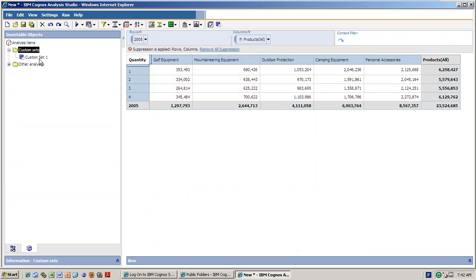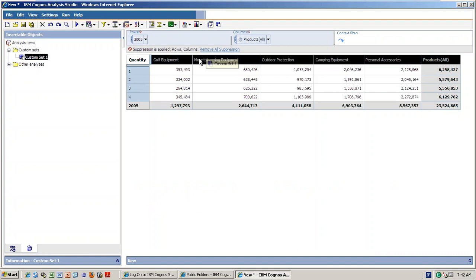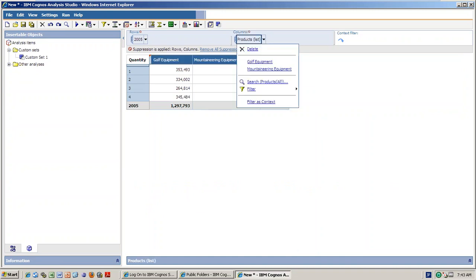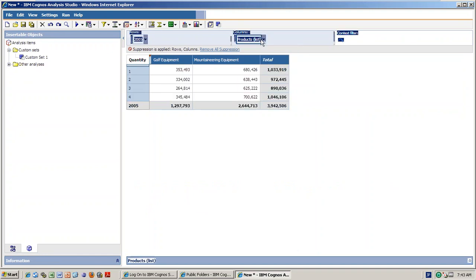See now, this is the custom set. For example, if I drag it into this one, only those two things will appear, because I have done the custom set, only golfing and mounting, see, only these two things in total. But if you want all again, so this is the custom set, right? Because custom set means, say for example, there are 100 products.